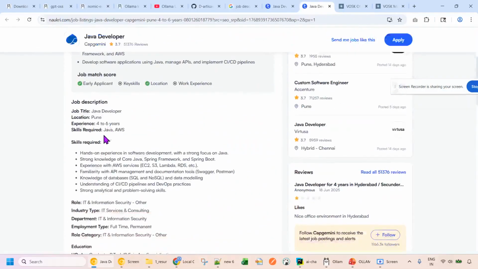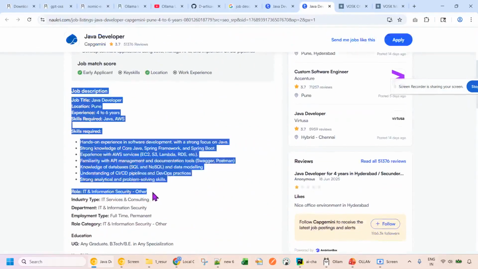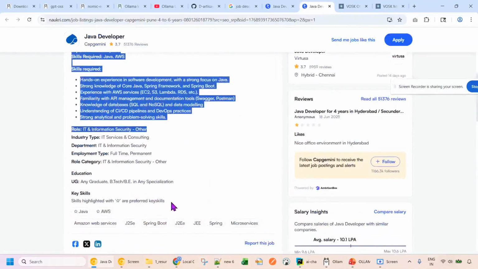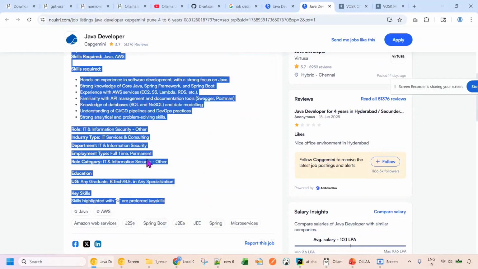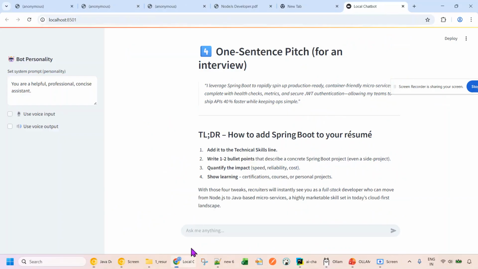Right, so these are the job, this is the job description. So I just copy paste this, and we go to the text based input now for simplicity. So please, I'll do one thing. Please